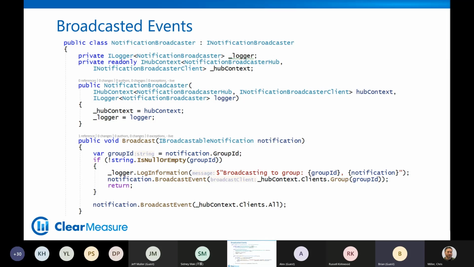Now, if you need data transfer to other users, then you're going to want to either use your SQL Server as a transport mechanism, or Azure Service Bus queue as a transport mechanism. But in the case of, hey, a price changed, it's no disaster if from time to time somebody's browser has a little network latency or whatnot, and one of those notifications gets dropped, because they're happening all the time.